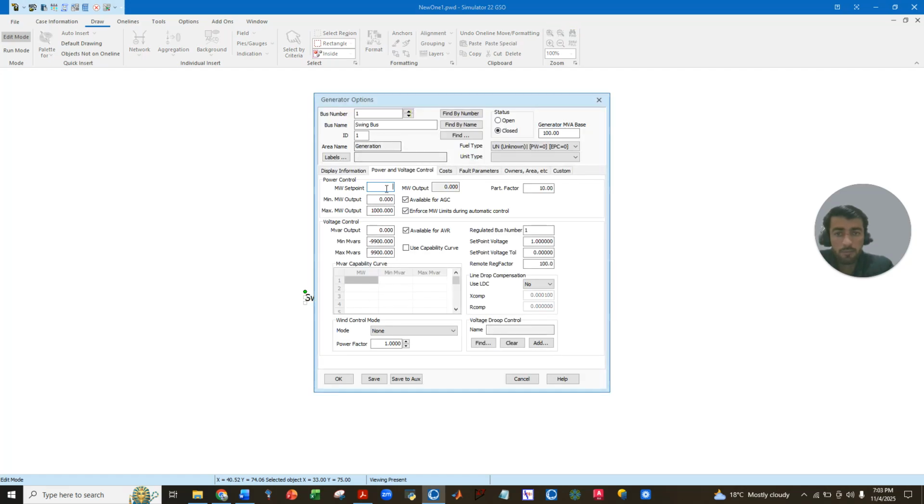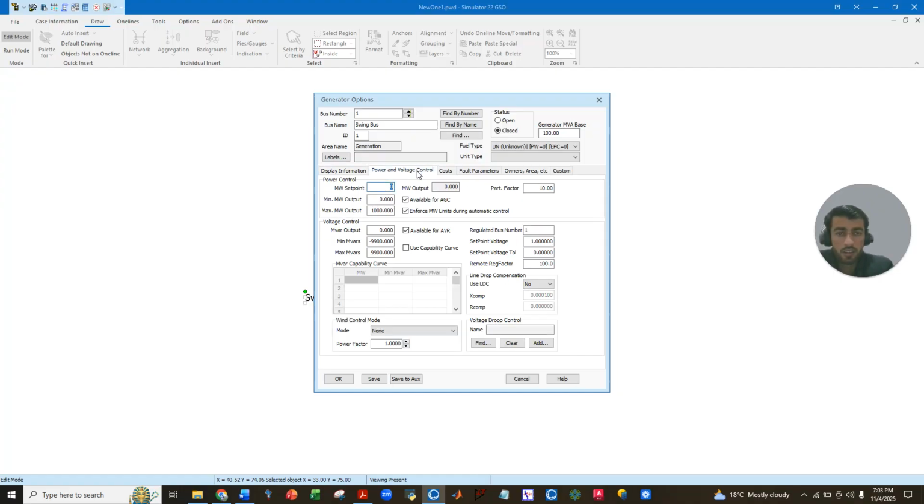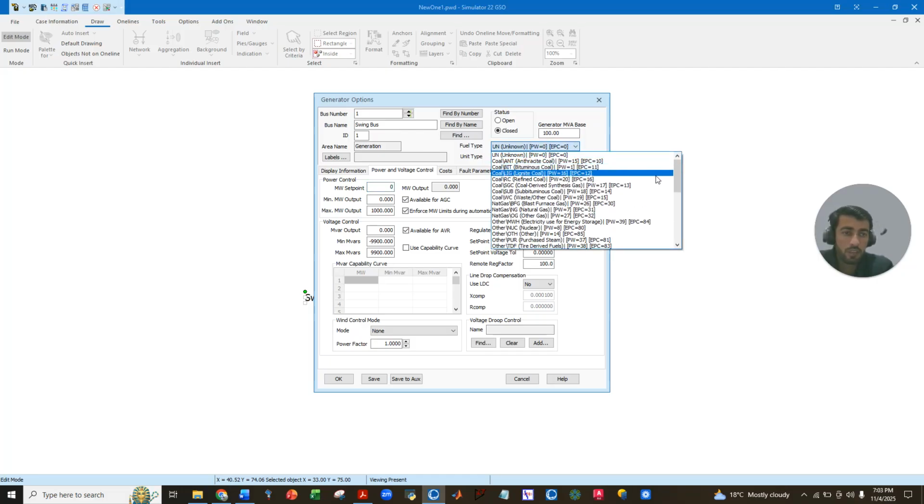The window will pop up asking what the megawatt specification is. We don't need to specify any power and voltage control. And here is the size. So I can put it over the bus, and here are the others. It is connected to bus number 1, the swing bus, and the generator MVA base is 100 MVA. What is the fuel type? We can describe it over here, and